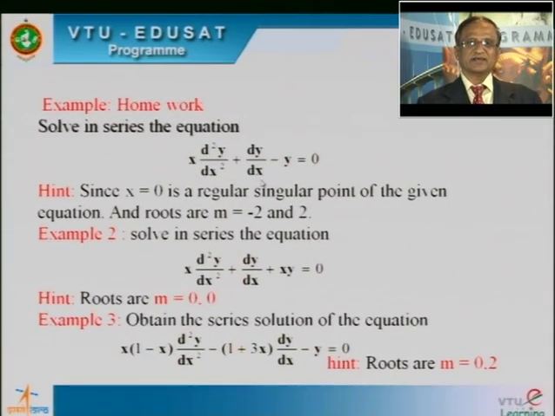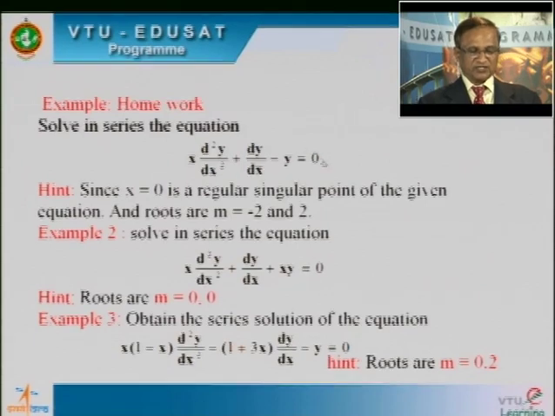So into the bracket a0 plus a1 into x, a2 into x square and so on. Then you can find out all the constants, then you can substitute, you will get the solution, right? So before that you want to calculate what are the roots of the initial equation, right? I hope in this case you will get plus or minus 2 are the roots of the initial equation. According to these two numbers, you are able to write down 2 independent solutions and a complete solution of this